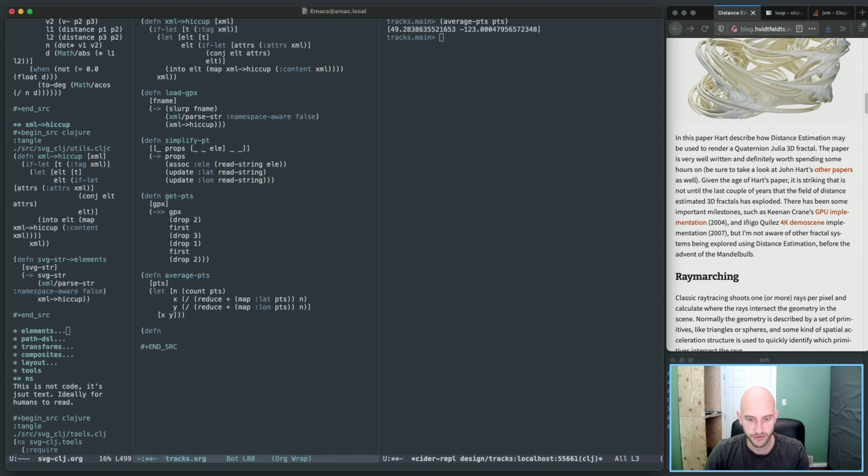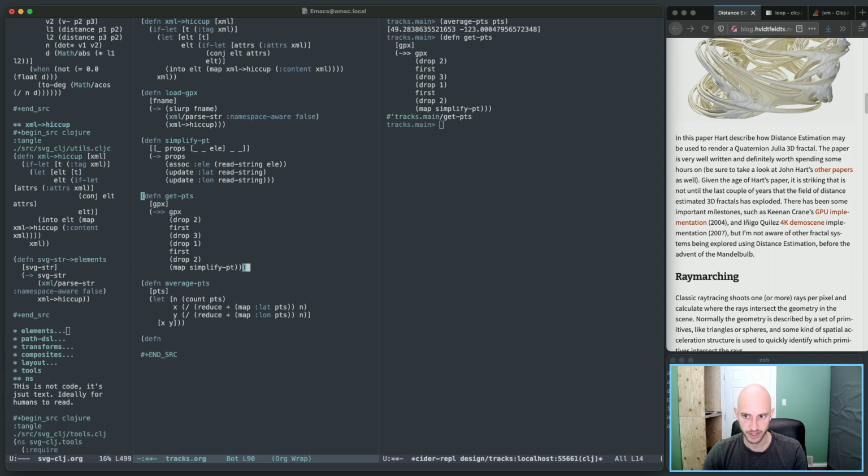Okay, so simplify point. Let's do get points, right? We'll get that drop two in there, and then we'll run that through map simplify point over the points. That'll work, right? Then you average the points, and then now here,